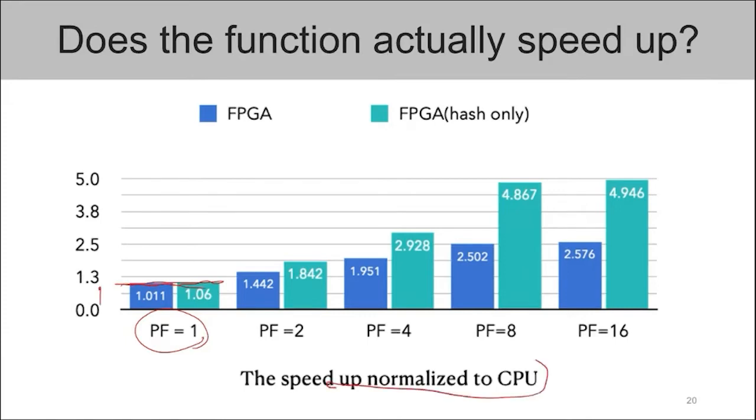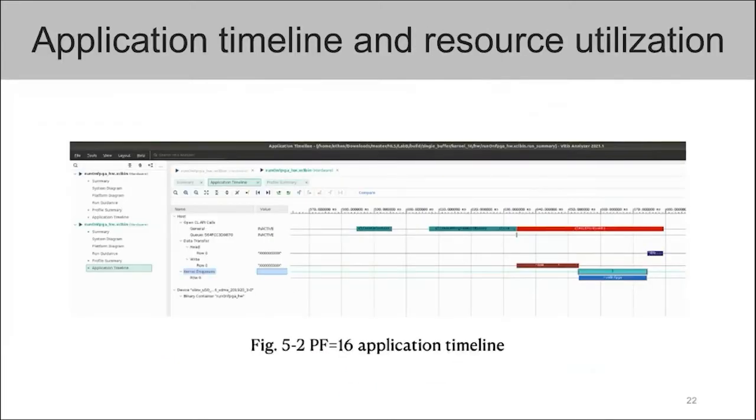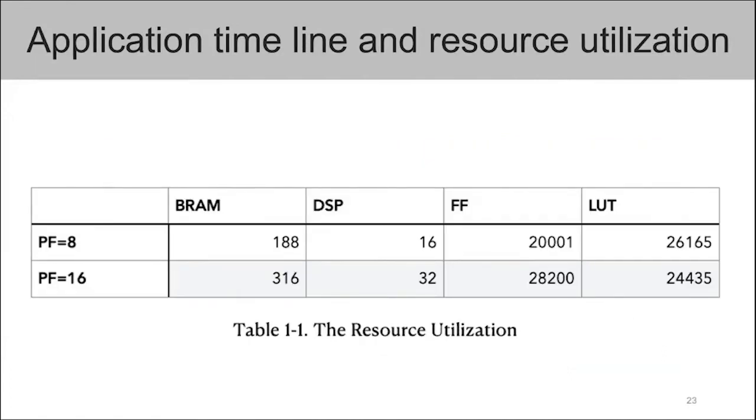It's normalized to the CPU runtime. And if we parallel 2 times hardware, we'll almost achieve 2 times, etc. And you can see here, if I use 8 times the hardware resource or 16 times hardware resource, the speed up gain is almost the same. Which means it's a resource constraint situation. So in this situation, you might not want to use 16 parallel